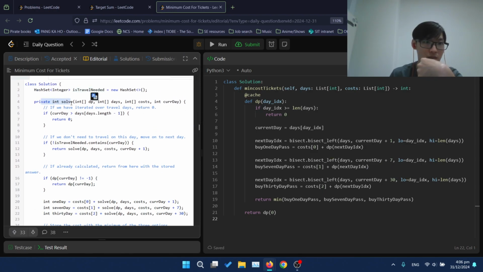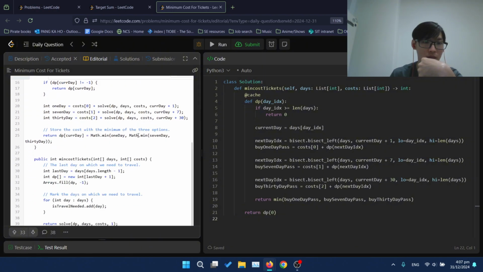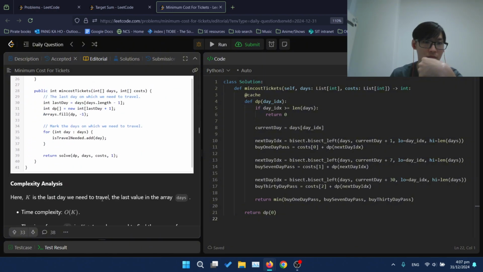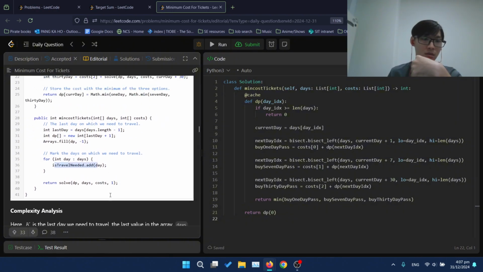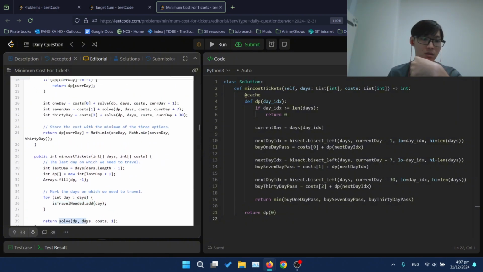Is travel needed? Solve with the DP, the days, the cost, and the current day. Okay, sure. Don't need to travel this day, move on to the next day. Travel needed. How do you calculate the travel needed? Solve DP days cost 1.